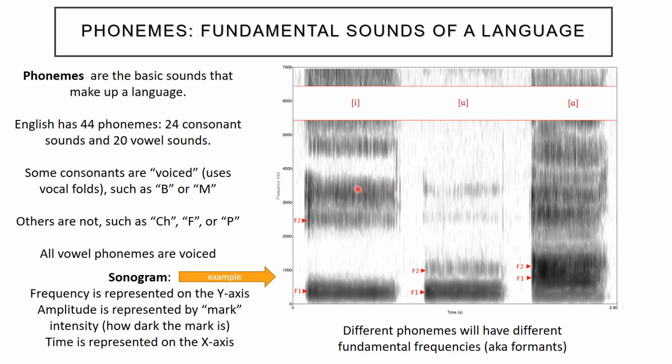But you can see that there are these bands here, and this is very typical of human speech, that you have these harmonic stacks. And the position of these different formants is going to be specific to the phoneme that's being vocalized. So in this case, this is I. U is relatively low. U, I, and then A, somewhere in between.